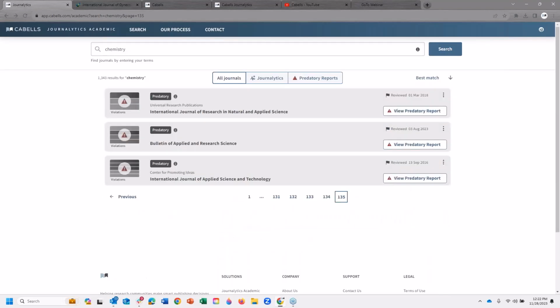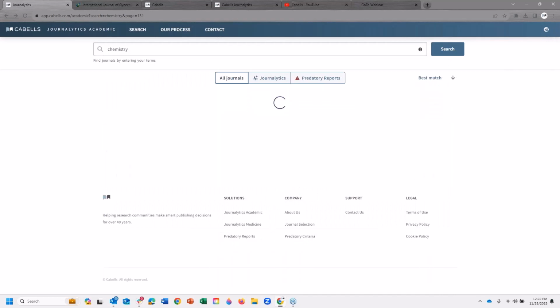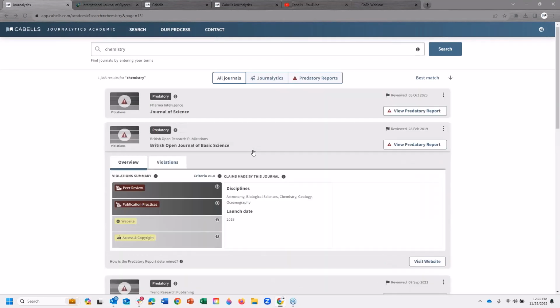But as we go further down the list, we're going to see journals without necessarily chemistry in the title, but it will be included in the disciplines. So it's kind of just how the keyword searches. With the predatory journals, we don't have citation data, things like that. So there's not quite as much information to filter by, search by, but usually with the title and or ISSN and or a keyword, again, trying to find a specific journal,